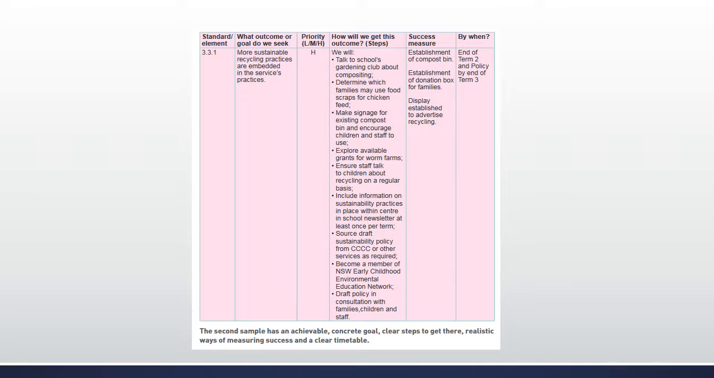So if someone was to come in at the end of term 3 and these 3 things here weren't done, they know that even though it's a high priority, they haven't been working on their QIP. Usually there's an extra column here that says progress notes, where you might say we're trying to source a draft sustainability policy from CCCC, which is Community Childcare Cooperative something or other, and say we couldn't do it because our computer broke and it wasn't fixed for weeks because we had no money or something like that. I'm just throwing an example in there, but that way they can see that you've actually tried